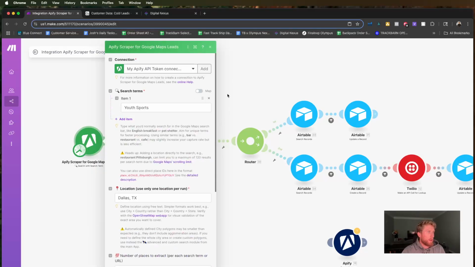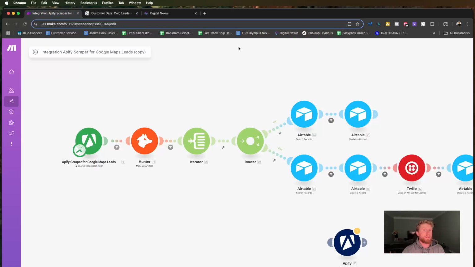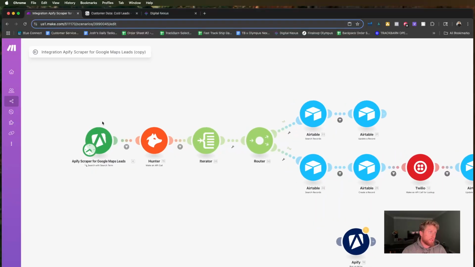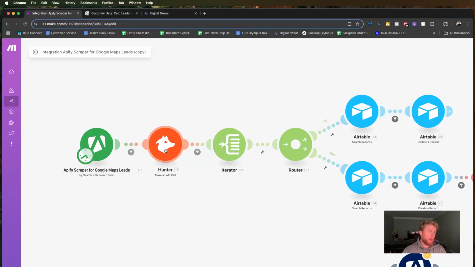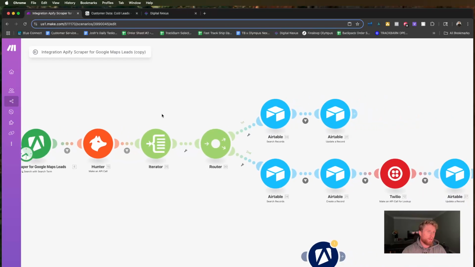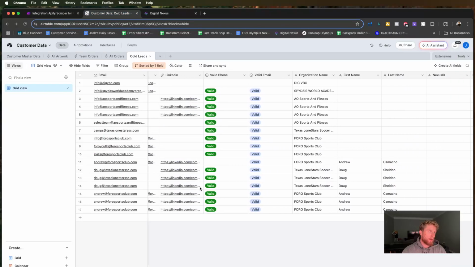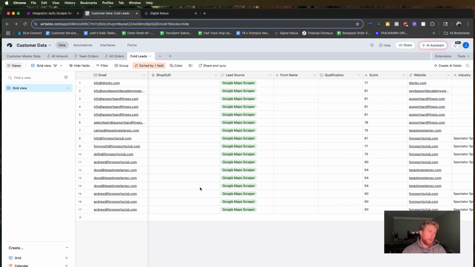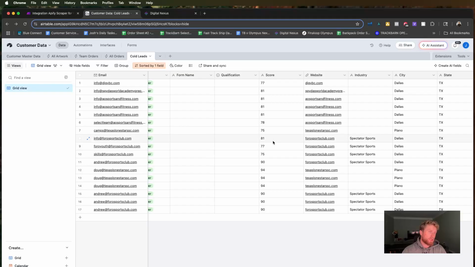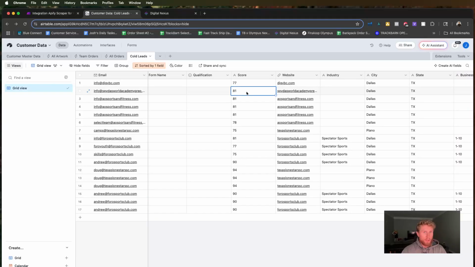I have this app called Apify, and essentially what I'm gonna do is legitimately just go through a whole video. I don't know how long it's gonna take me. It could be 20 minutes, could be 2 hours. But I'm gonna go through and finish this whole flow that I'm making, which is going to be a Google Maps lead scraper, to an email verification and phone verification module, to then update my database for leads. And then this database is going to be scored based on deliverability score that I get